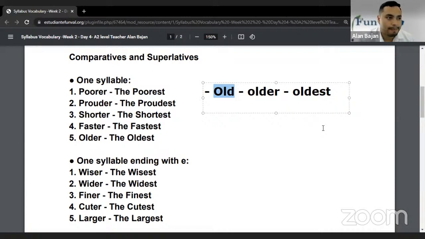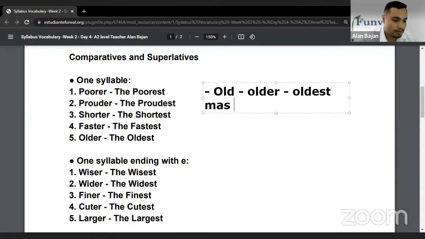For example, intelligent. Is that one syllable? No. Intelligent. This is 4 syllables. So how to identify it? Because they have 1 syllable. What I'm saying here exactly is